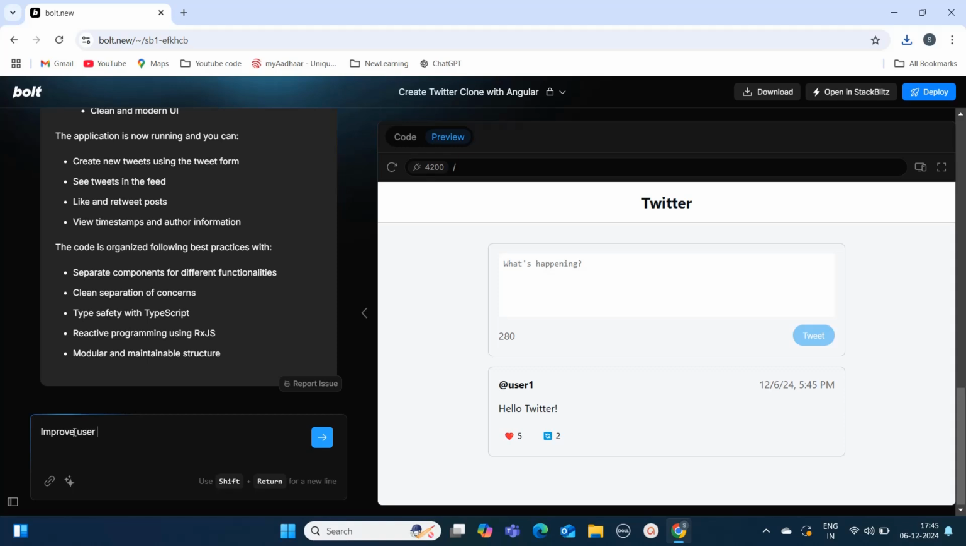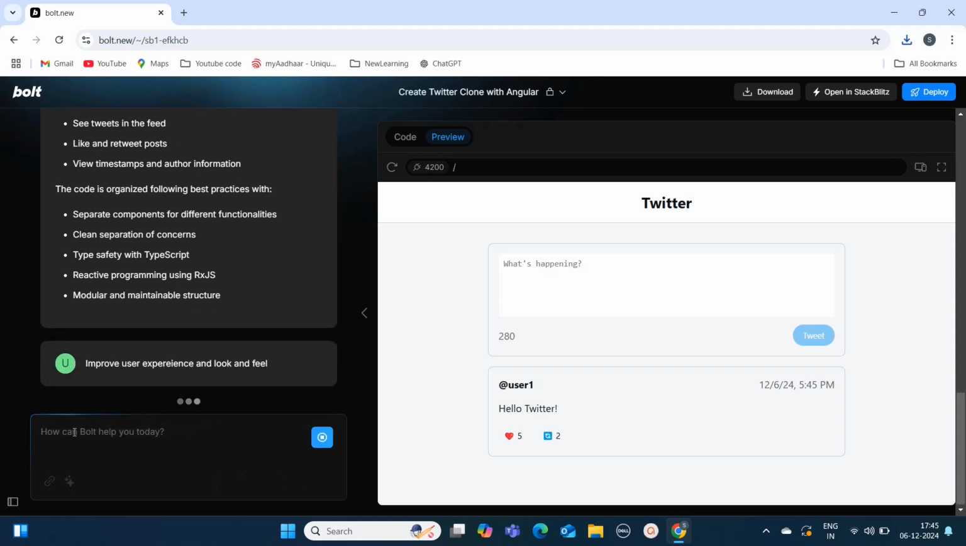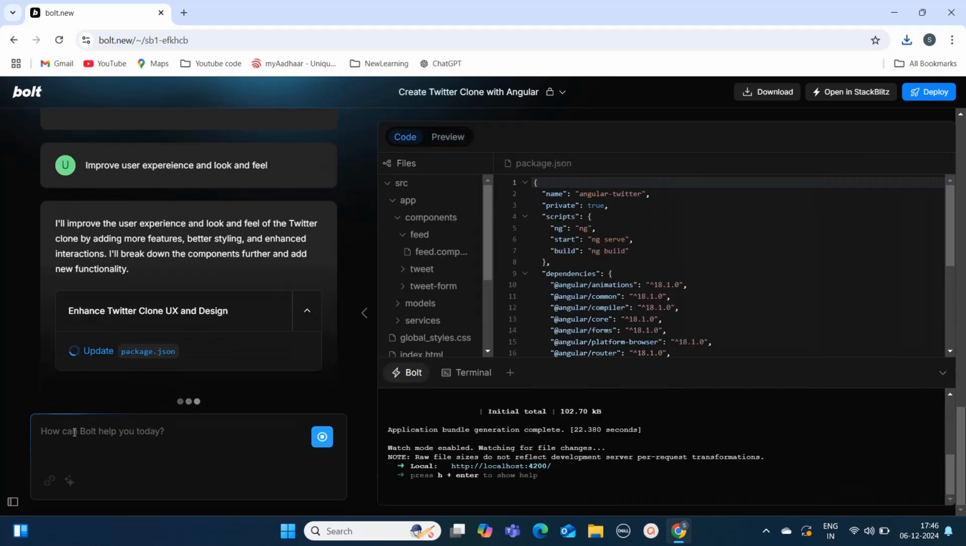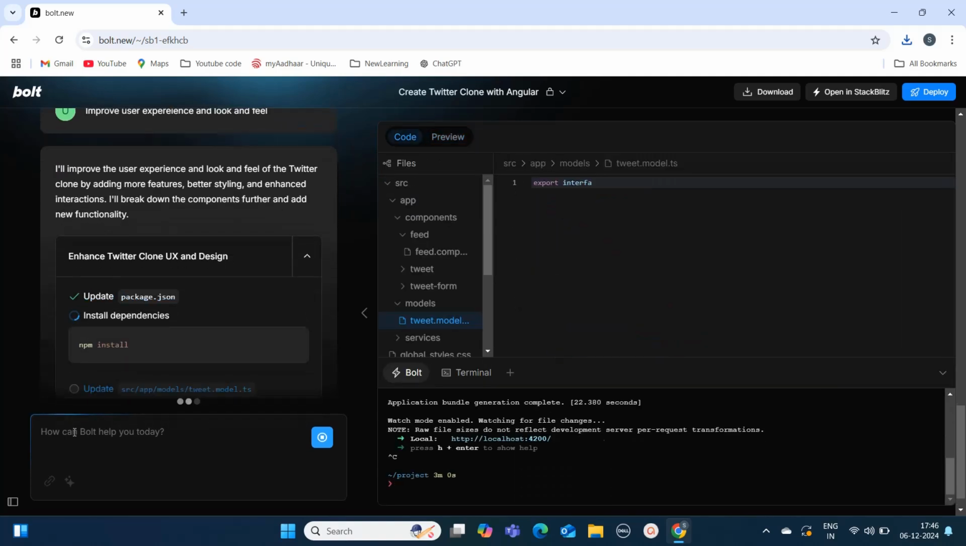So I will mention in the prompt, improve the user experience and look and feel of the website, because whatever the AI has generated right now, though it is working properly, the UX seems to be at a very preliminary level. So I will just add the prompt as improve user experience and look and feel. As soon as I mention this and hit enter, it will start reconstructing the files, and